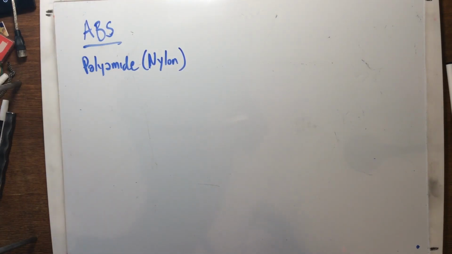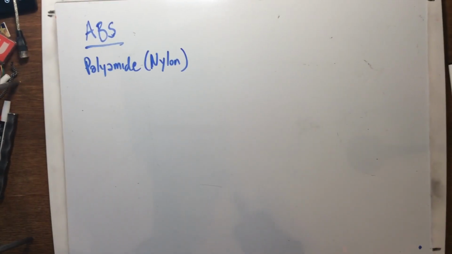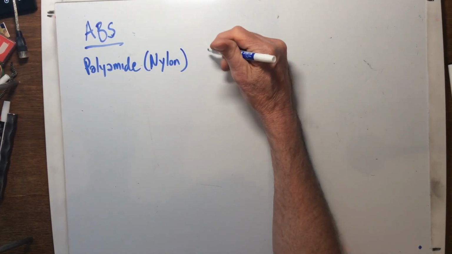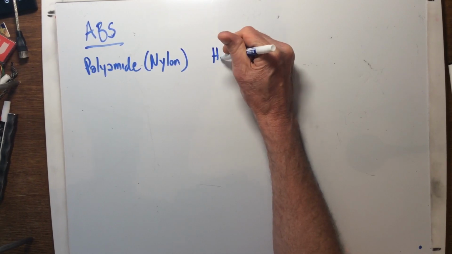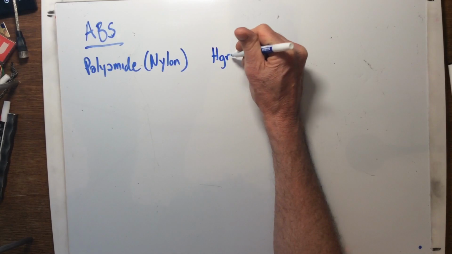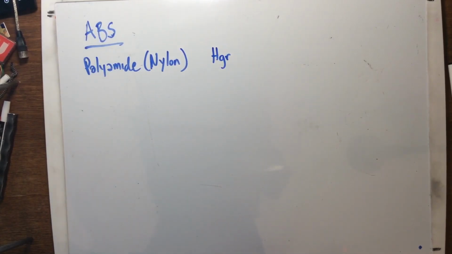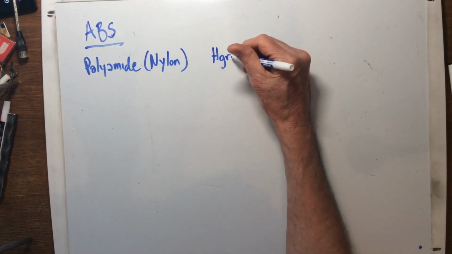And if this was class, I'd have a buku of samples for you to look at. But you'll notice its native color is sort of a creamy yellowish color. Nylon has one downfall, and this one downfall is something that all plastics actually suffer from, but by far this is the greatest culprit of it, and that is hygroscopic,